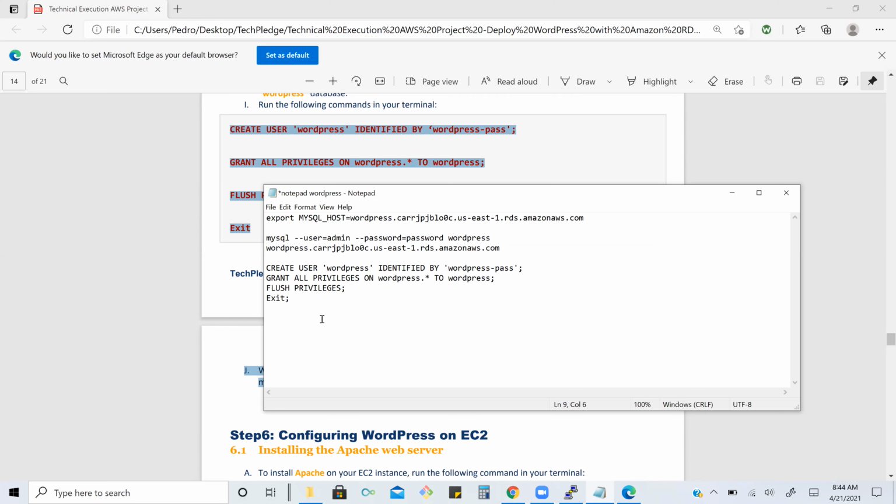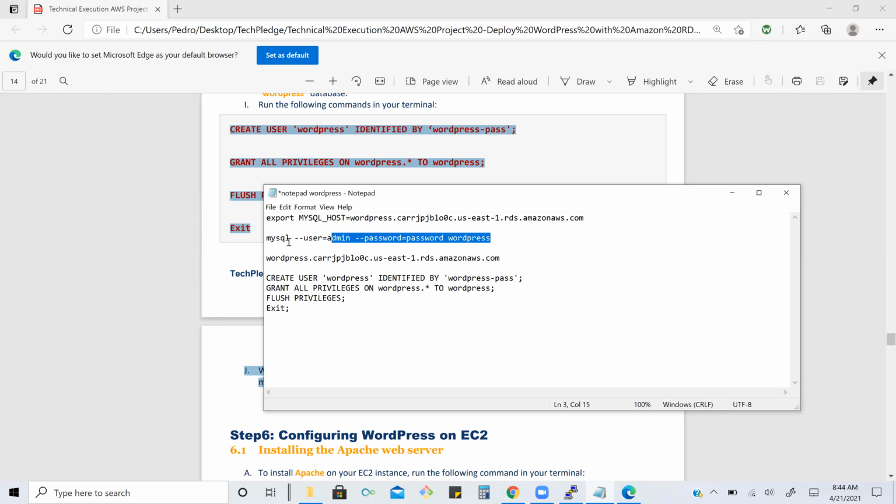So first you run the second command, because you have to log into your MySQL again. So copy the second command, from the top to the second, here. Because we have to log in again like we did yesterday. Just copy this one.